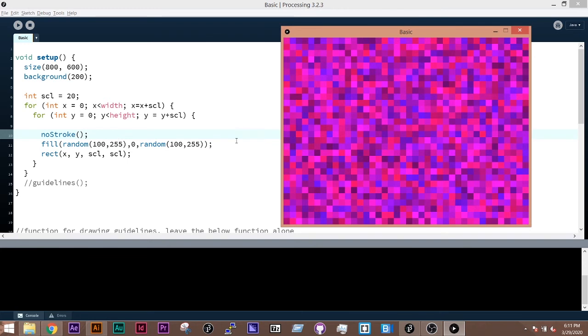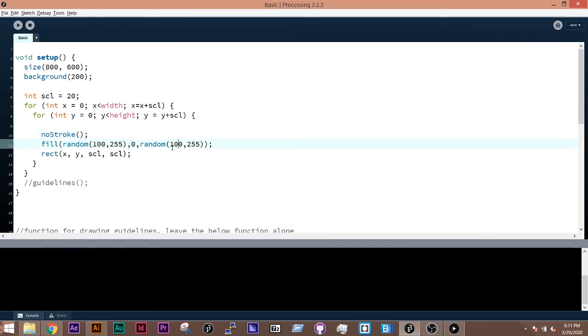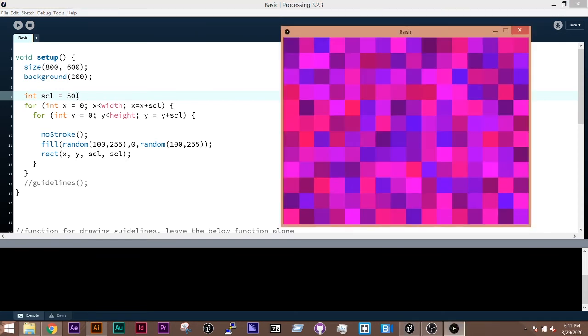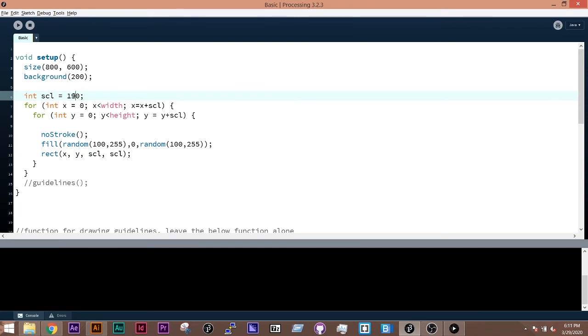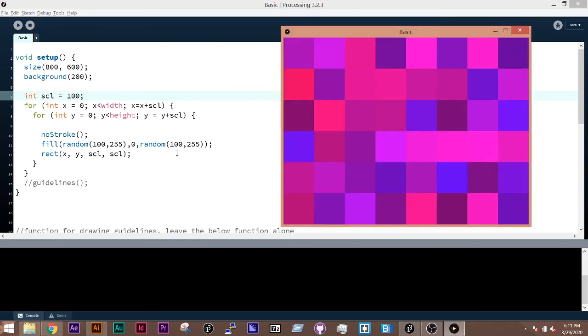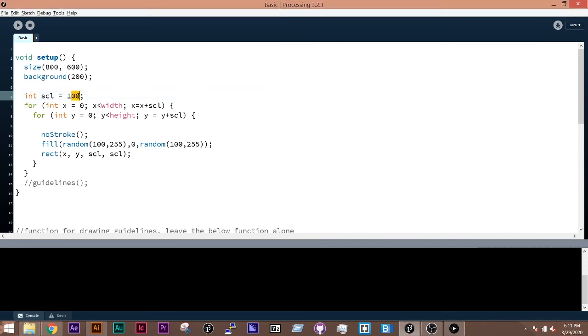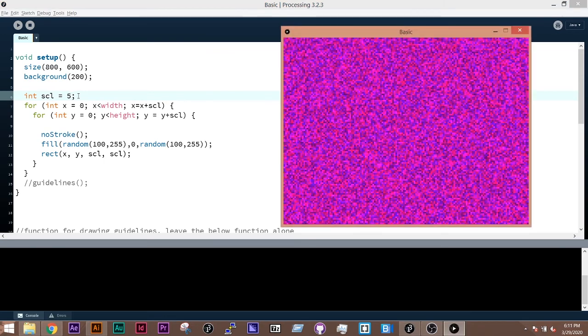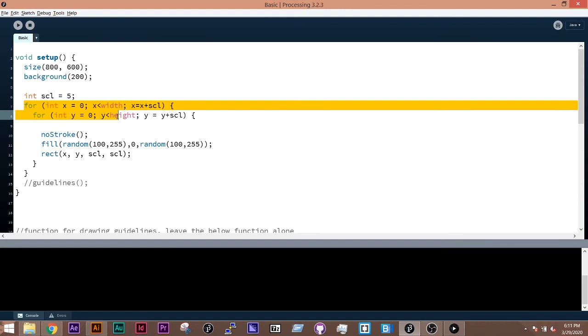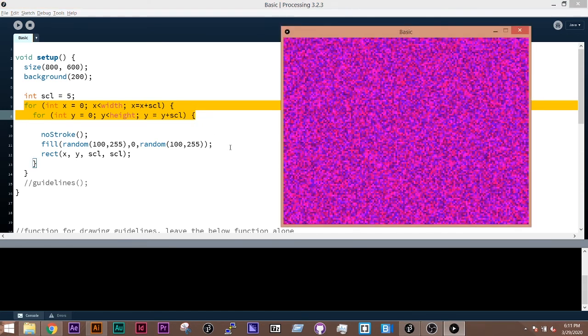And what's nice about this method is instead of going in and changing the scale here, I can go outside my for loop and just quickly change the scale. So if I want this to be 50 pixels wide, then I can change it pretty quickly. If I wanted this to be 100 pixels, change my scale, my dimensions. If I want it to be super small, let's do 5. Right, and then I can get something that's more akin to noise. And it's got a lot of randomness. It's kind of an interesting way to go. But two for loops will allow you to achieve this gridded set of